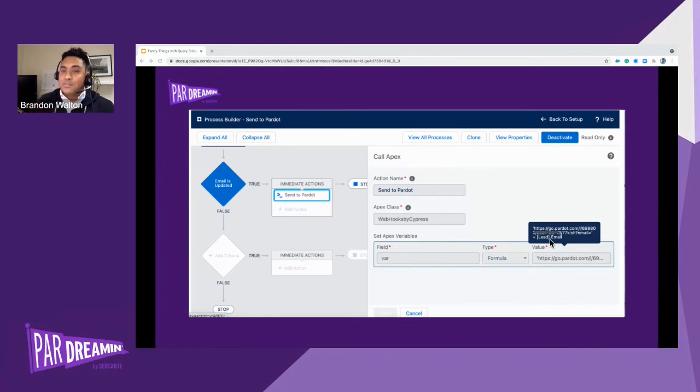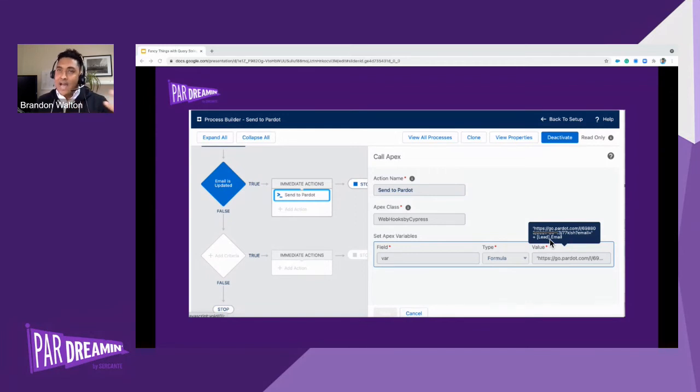Again, I work with a lot of the small folks out there. So if you have contact block limits and syncing everything inside of Salesforce isn't an option for you, it works really well for that. The other thing that's nice is you can have this working with several different process builders, several different form handlers. And then if you needed to have LinkedIn be the source and you didn't want to have to go back in and retroactively do completion action on the Pardot side, you pass these through to a form handler, and then whatever values you're using on the form handler works with the process builder, and it works really, really nice.